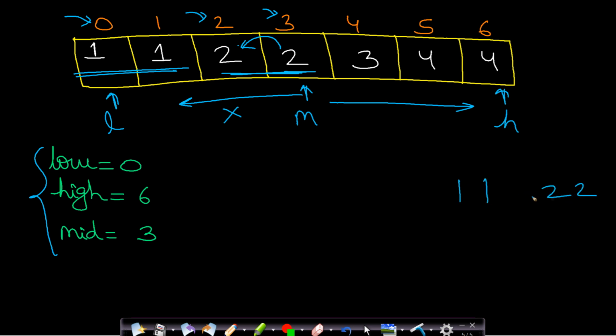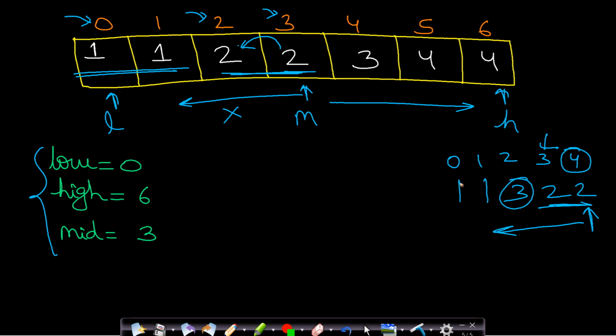1 1 2 2, and you fit 3 here. So the index is 0 1 2 3 4. So if you are pointing to this index, then you can see that this is an even index and 2 2 is starting at an odd index. So you can say that the unique element will be present on the left hand side, and it is true. Okay, so this order was actually disrupted. This 1 1 actually started with an even index. Now since this unique element came, after that all the pairs will be starting at an odd index. So this observation is very important.